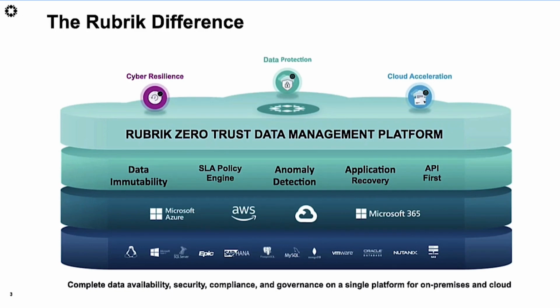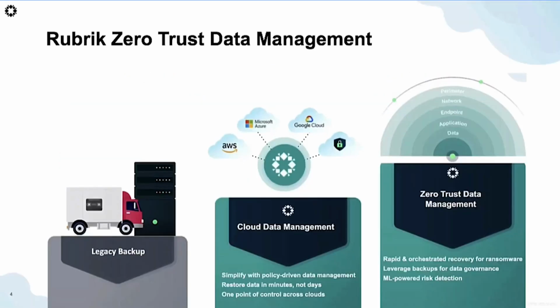Do things like detect anomalies, right? Not just detect high change rates and things like that, but actually look at the data set and tell you what's happening at your data set level, and then really extend application recovery, be able to recover that quickly. So from that perspective, if you look at the traditional environment, the legacy backup